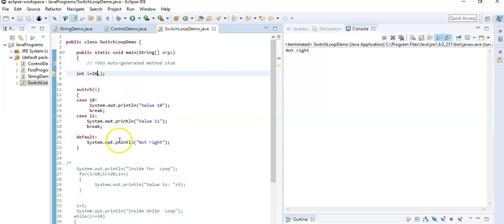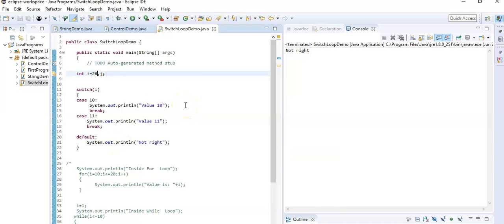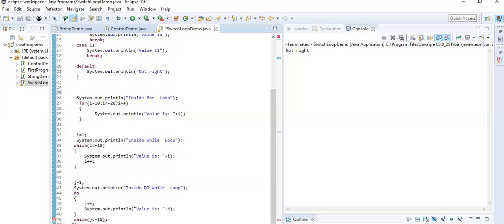Now if I change the value to 25 or 26, it will show me the default value. That means it's none of the cases, the default. Now we will see the program for for and while and do while.